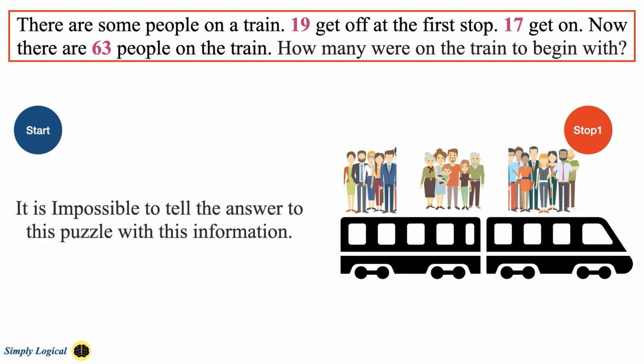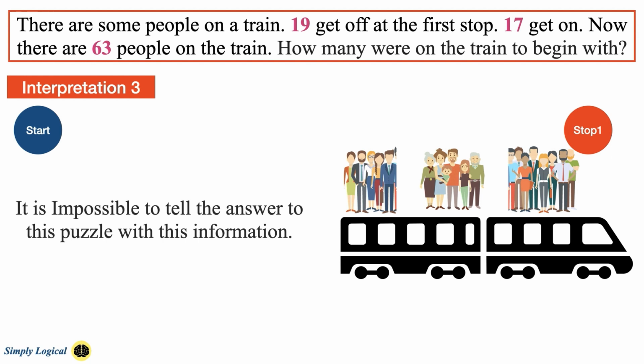Let's get into the final interpretation. Many people think that it is impossible to tell the answer to this puzzle with this information. Why they think like this is because the question doesn't state, when the 17 people got on the train, how many stops it has passed, or whether any more people departed or boarded in the meantime. Assuming the 17 people got onto the train at the first stop, when 19 people also departed and the train has not yet left the station,